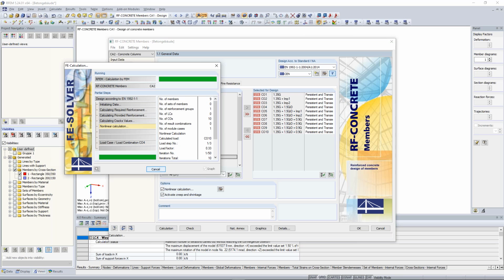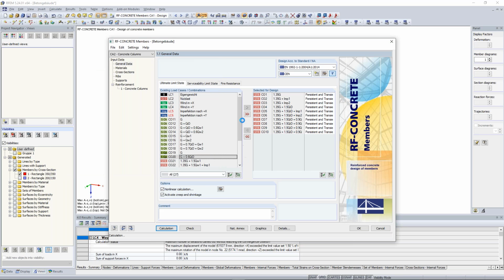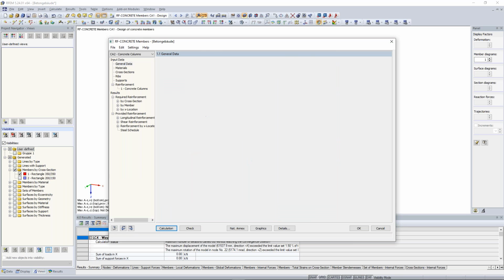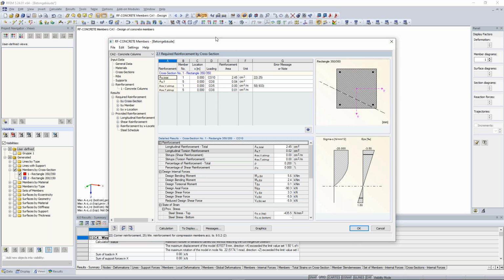Okay. I cancel this because it takes too much time. But it has already calculated for some points. So here you can see,